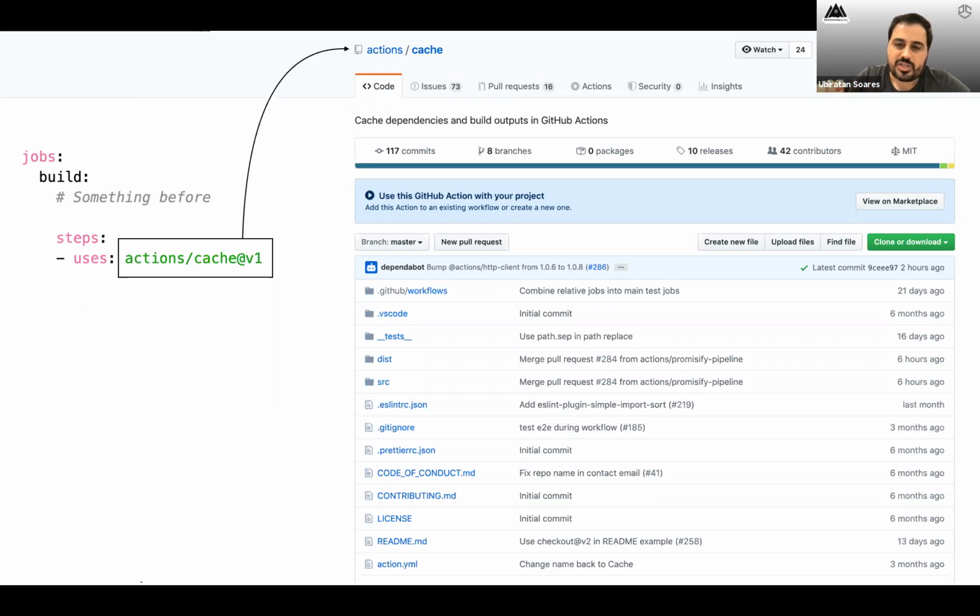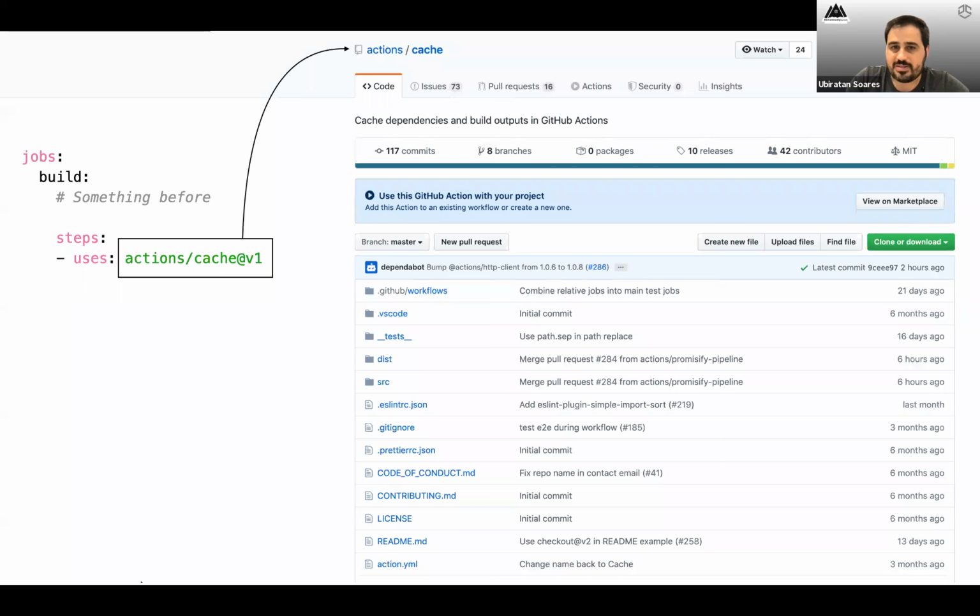Or a particular branch reference inside that repository, right? So yes, it is a good idea to check out, no pun intended, the source code of actions